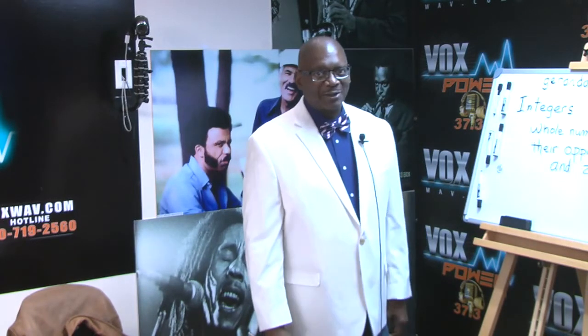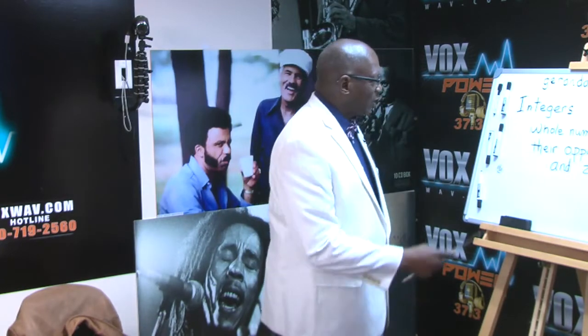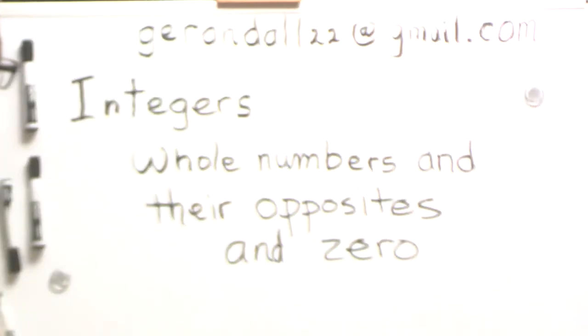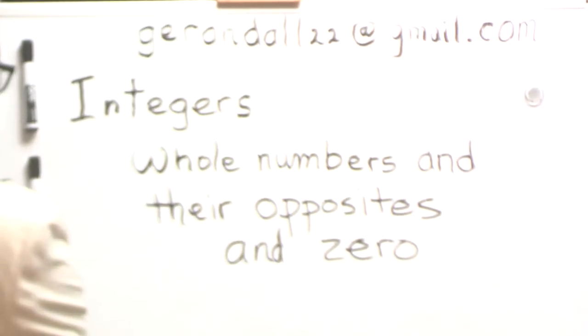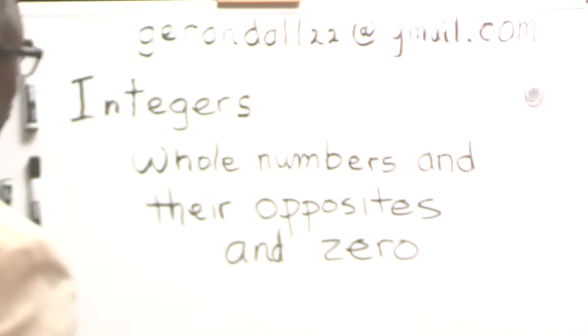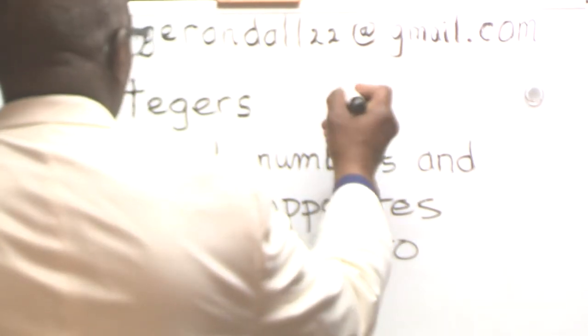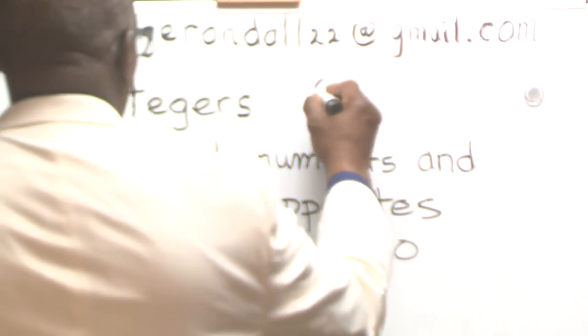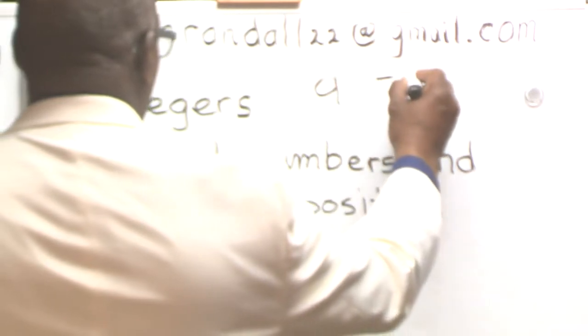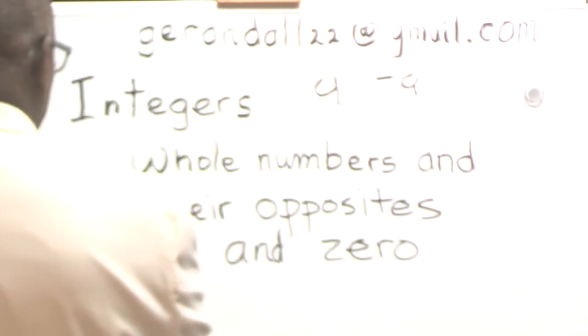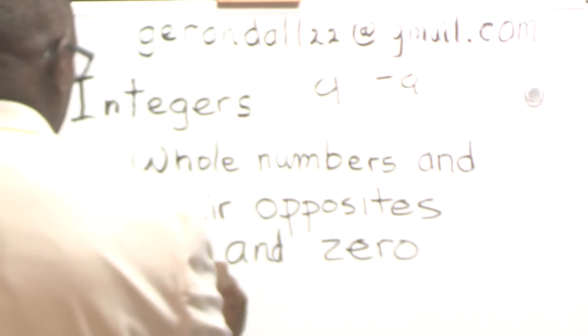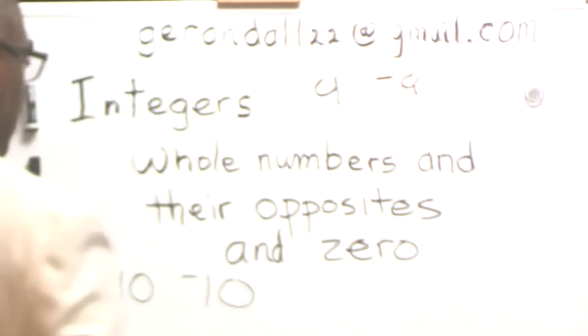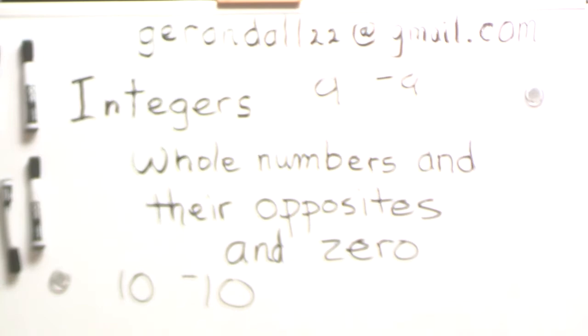I'm George Randall and today we're going to talk about integers, whole numbers and their opposites, and the number 0. And what I mean by that is 9, negative 9, 10, negative 10, and so on. Okay,